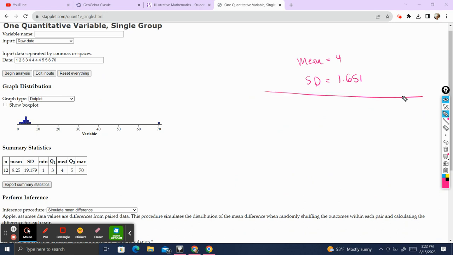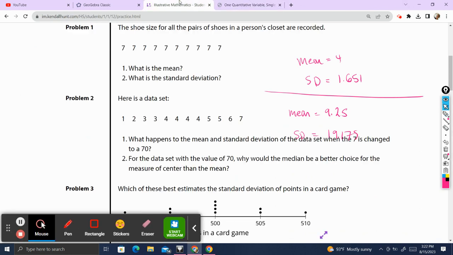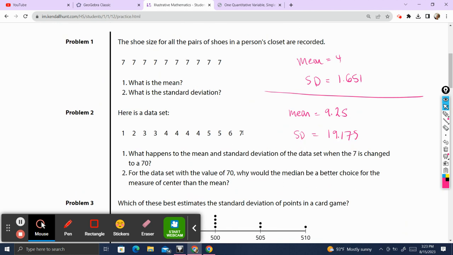So when we've changed it, our mean is now 9.25, and our standard deviation is 19.175. There is a huge difference when we change that number. And one of the reasons for that big difference is that the difference between 7 and 70 is a very large difference. So it's going to drag the mean all the way to the right, bigger than any other values in the original data set. And it's going to create a standard deviation where we notice that all the data deviate or are a distance